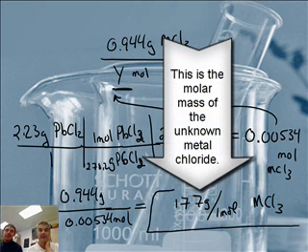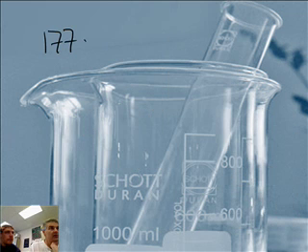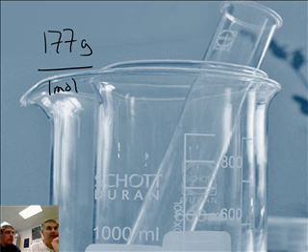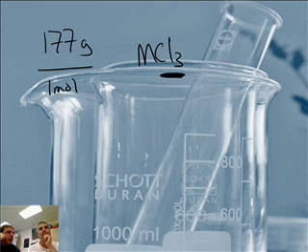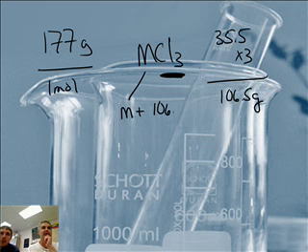Now we're still not done, because that's the metal chloride. We want the identity of the metal. So I'm going to recopy it here, and this is MCl3. That's the total mass of that formula. So we need to subtract out the mass of the chlorine, and that'll leave us with the mass of the metal. Chlorine weighs 35.5, and there are 3 of them, which adds up to 106.5 grams. So if this consists of some metal, M, plus 106.5, and that adds up to 177, well,